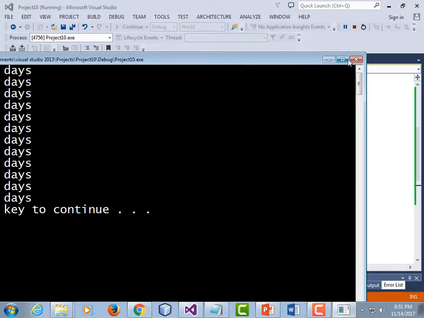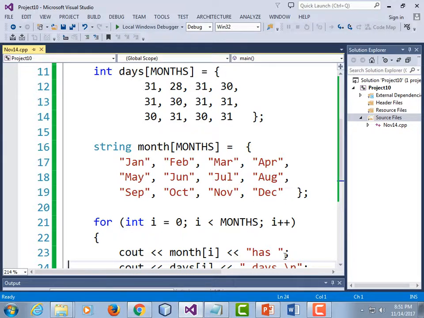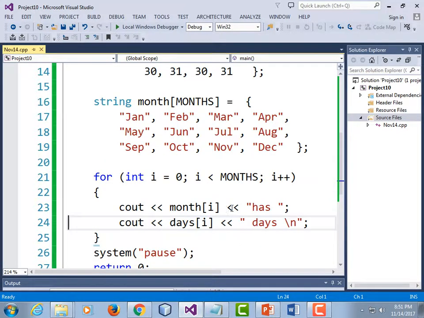I'm going to go and add that space so it's prettier. Just need to put a space there in front of that word has. Now it looks nice. That's the idea of parallel arrays. We could have another parallel array which was the rainfall for that month or the average temperature of that month, or